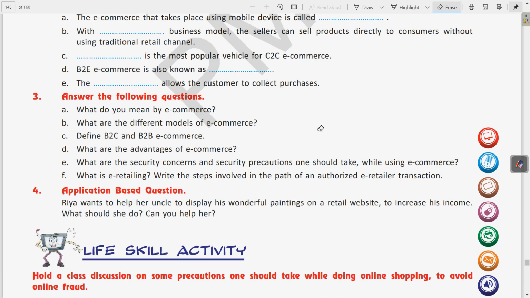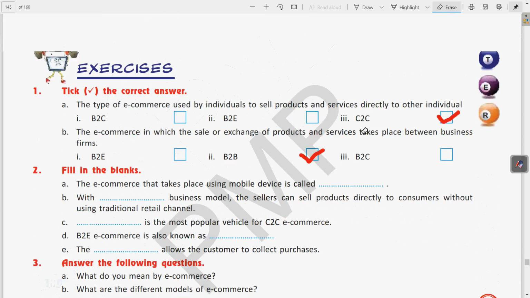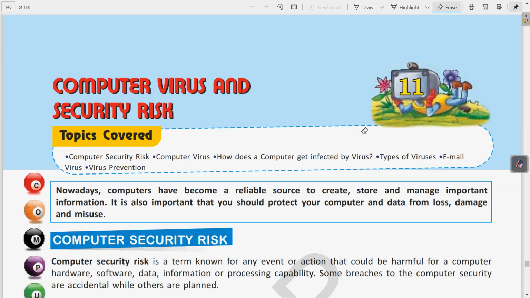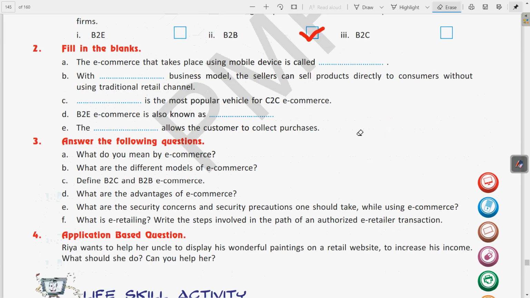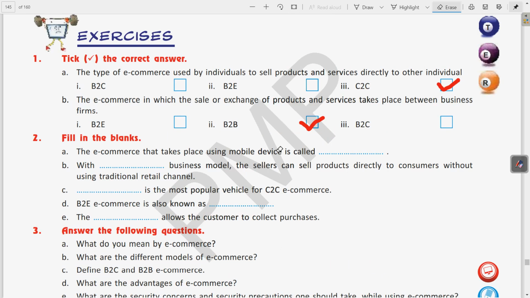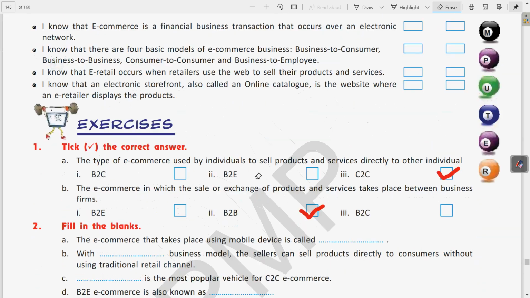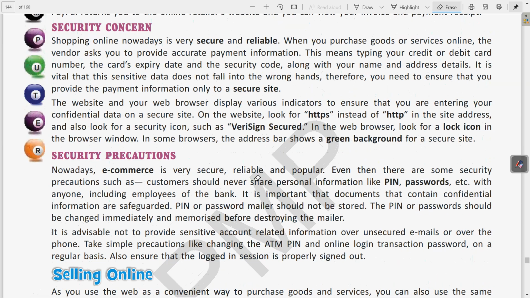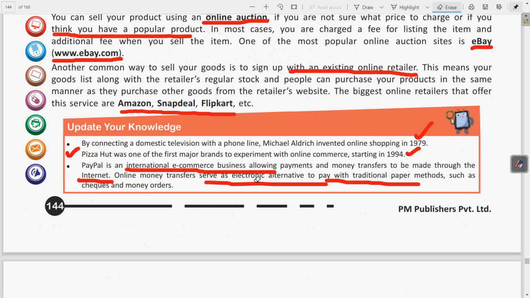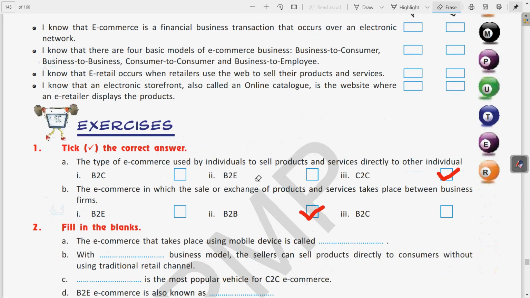The other remaining questions we will discuss in the next class, and then we will move to the next chapter, which is very important, about computer security and viruses. Till then, try to do the fill in the blanks questions, as well as the question answers, which are also easy. We can try doing this. Read this chapter once, the different security concerns and precautions which we should take care about when we are performing digital payment services, and then we will meet in the next class with this exercise and the next chapter also.